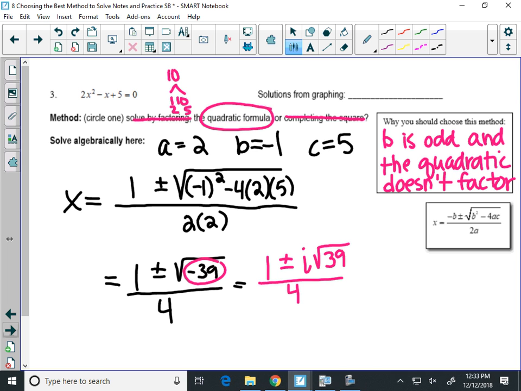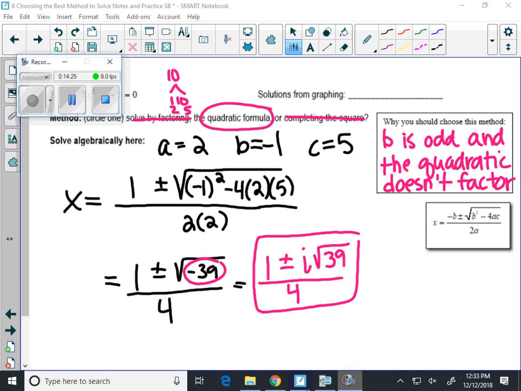You can leave it like this. You don't have to split it up into 2 fractions. Just leave it like that. That's the easiest. And that's your answer. Now, those are imaginary. That's why you couldn't factor. You could have done complete the square, but you would have had fractions. All right, does it kind of make sense when you're going to choose certain methods based